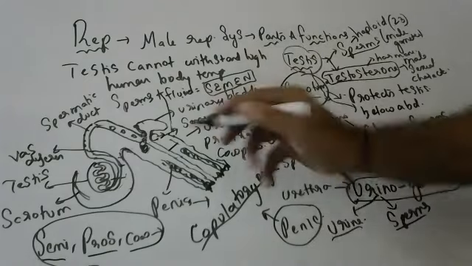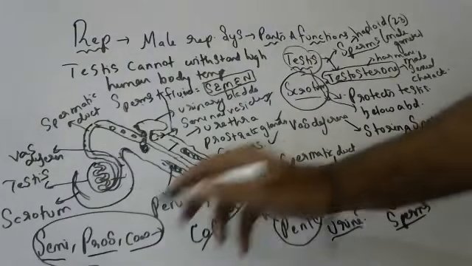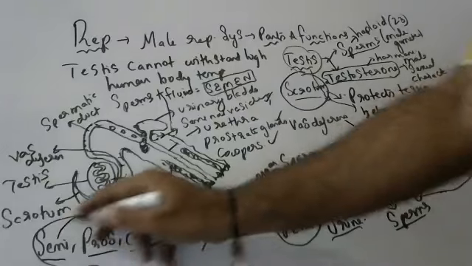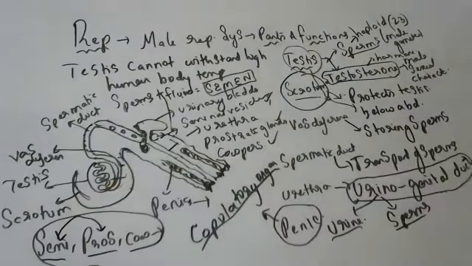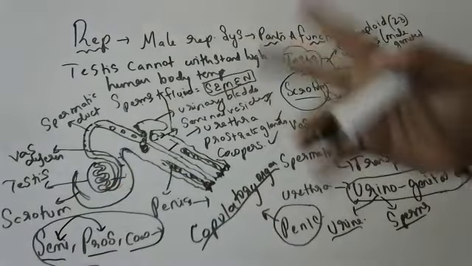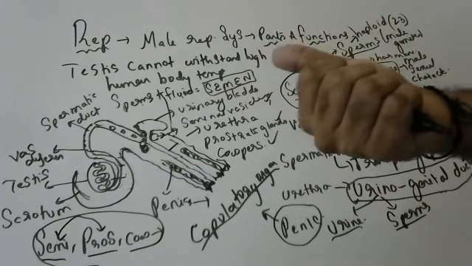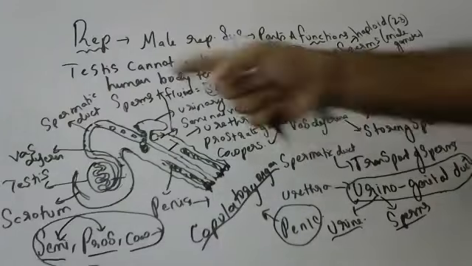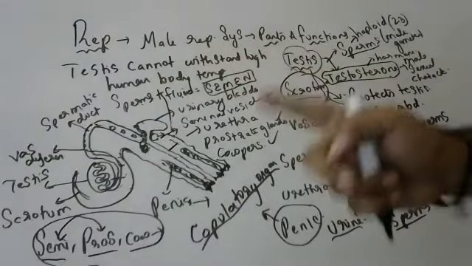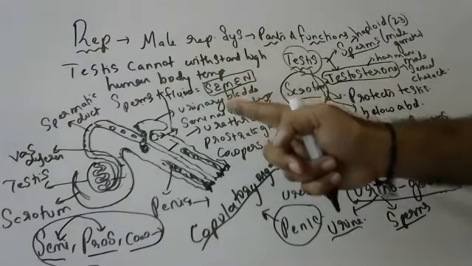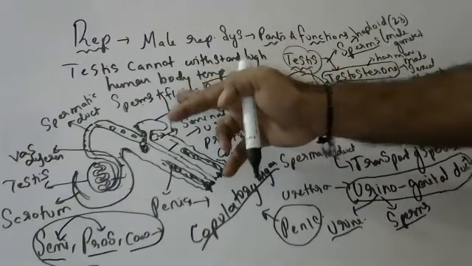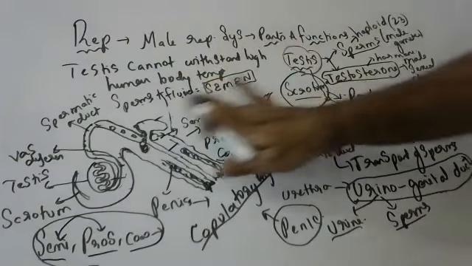And try to understand what the function is. They will ask, children, what is the function of seminal vesicles and prostate glands. They are asking a question. One mark question. You have to write 2 points. One point is they help in the release of fluids into the sperms. Two functions are there for the fluid. The two functions of this fluid